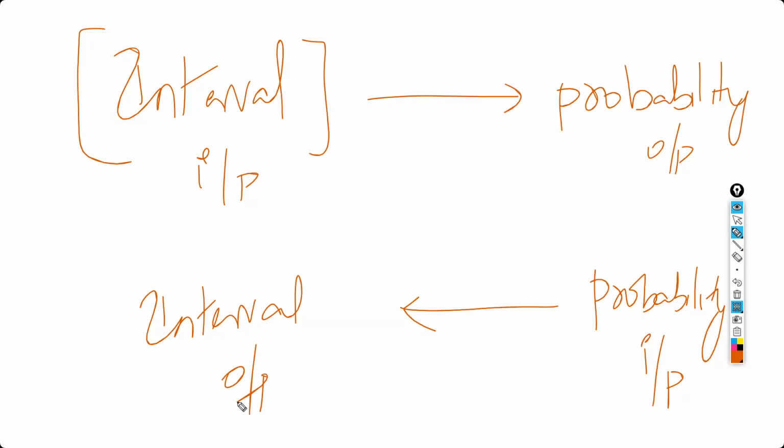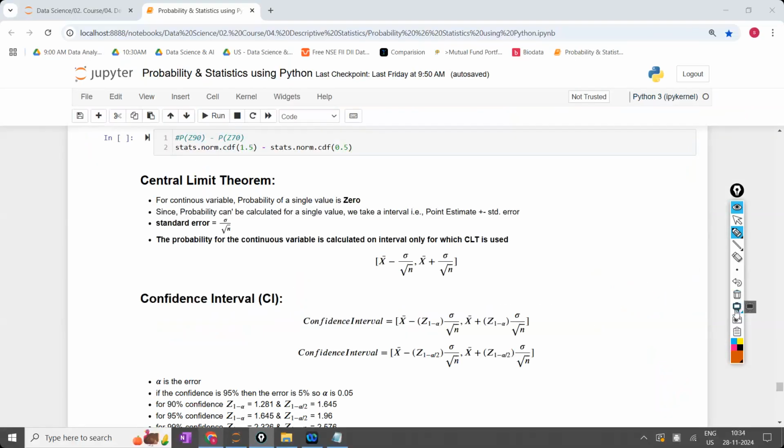Okay. My range will be small. I'm not going to take a big range. With a small range, I'm going to predict with high probability. That will happen by using the confidence interval. Now, how it is possible is very simple. In your central limit theorem,